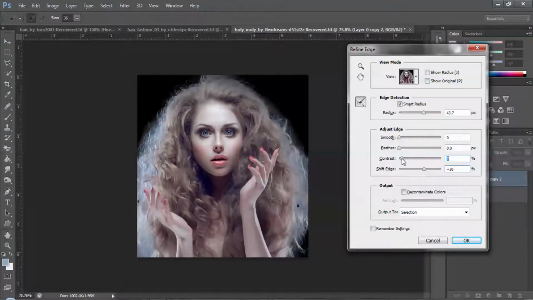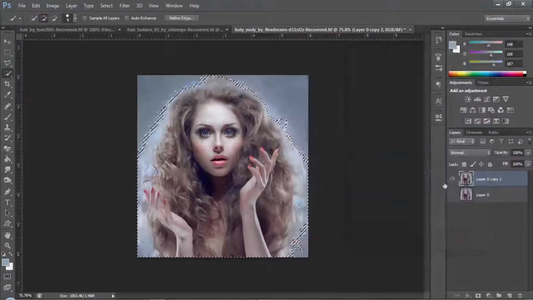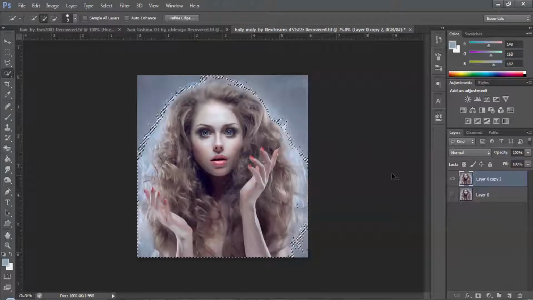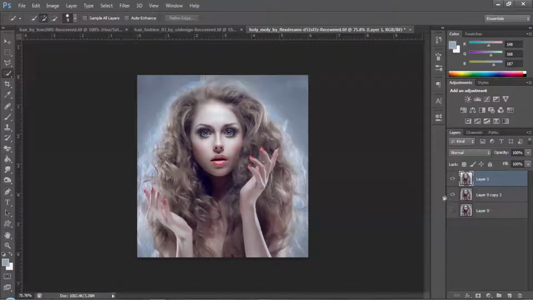I'll put sharp edge 7, and feather you can play with anything. I don't want feather in this case. So smooth, you can play with that. So that's it for refine edge, and I'll now press Control J to select from the below layer.